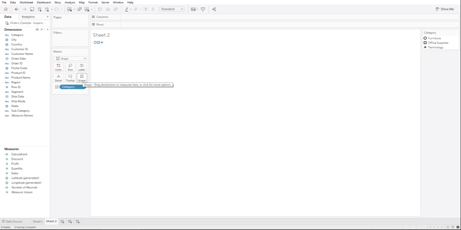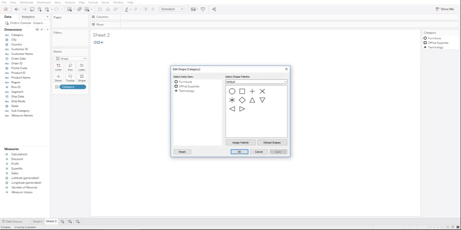As you can see, each of these different fields in the category column have been assigned a distinct shape. So the furnitures have been assigned a circular shape, the office supplies a square, and the technology the plus sign. So we're going to be assigning custom shapes for each of these different categories. So the way you do it is you're going to click on the shape mark, and over